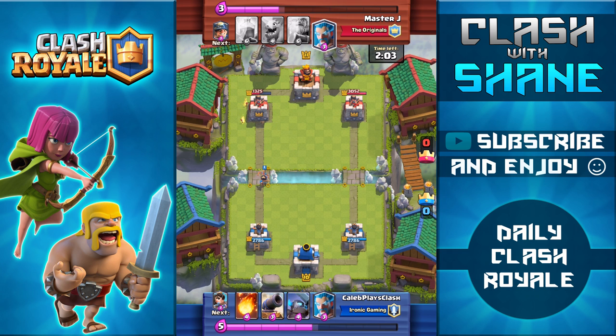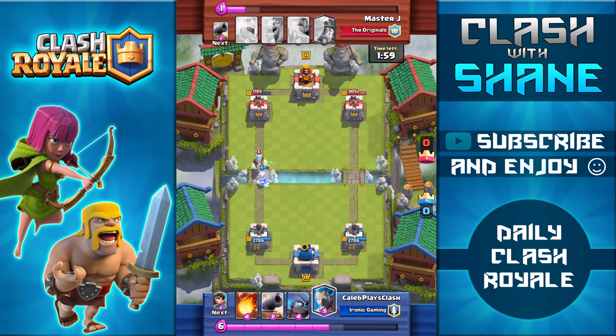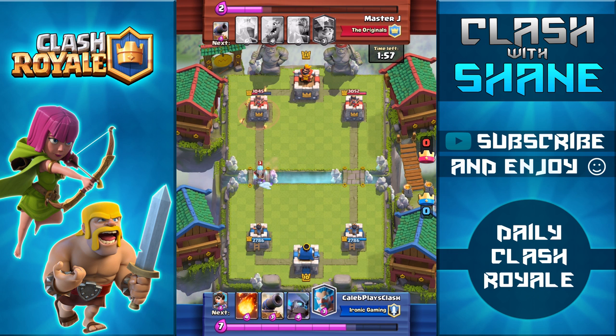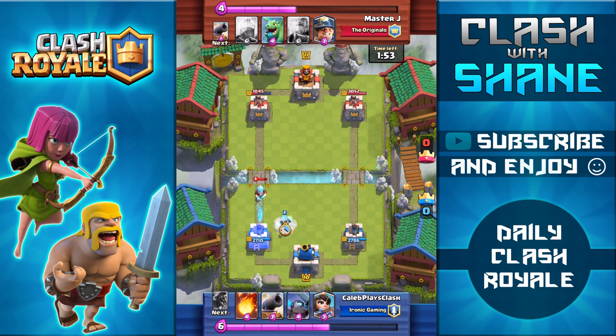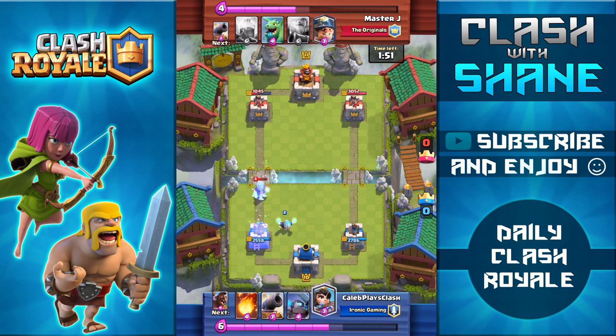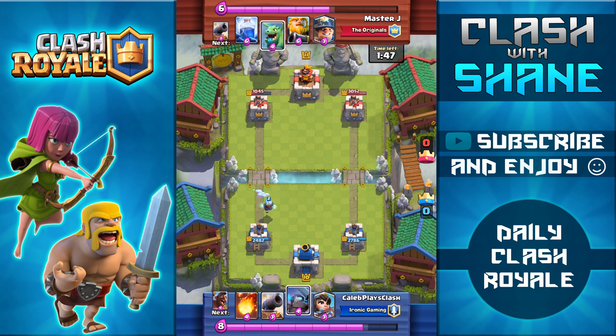But take a look at this. His Princess is still alive, doing work to that tower. And in the process, he's able to bring it all the way down to 1,000 health. And take a look at the huge elixir lead that Caleb has right here, guys. He's sitting on 9 elixir. Master has 4. So Caleb has a huge advantage so far with the elixir here, and he's setting up yet